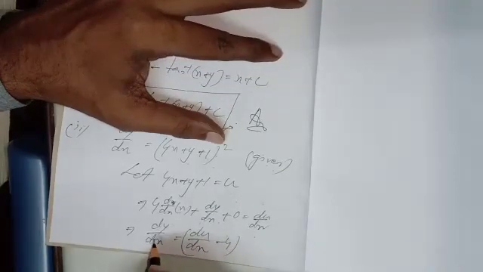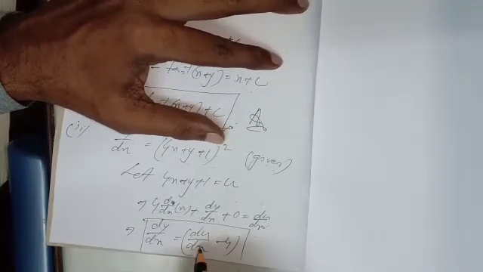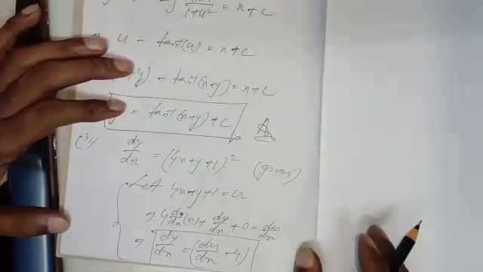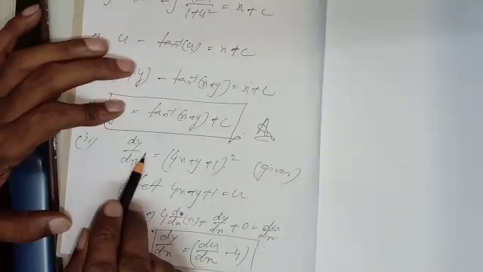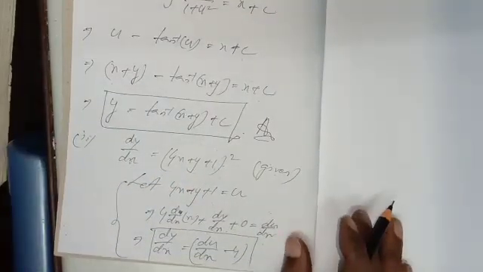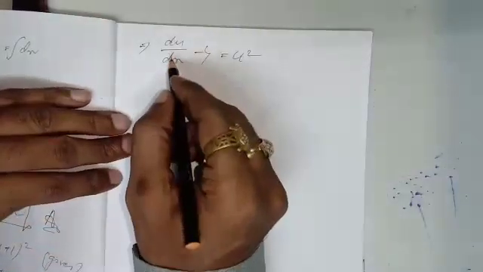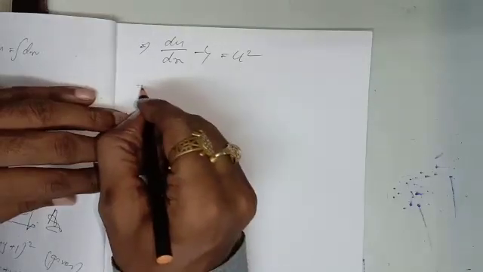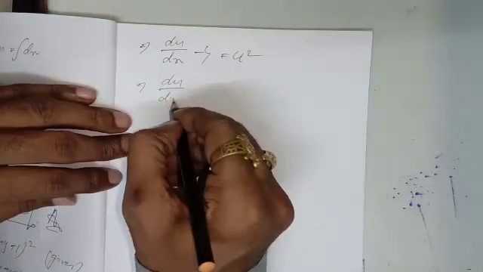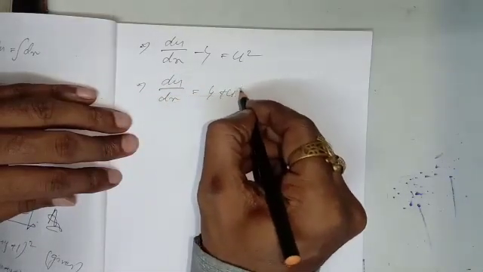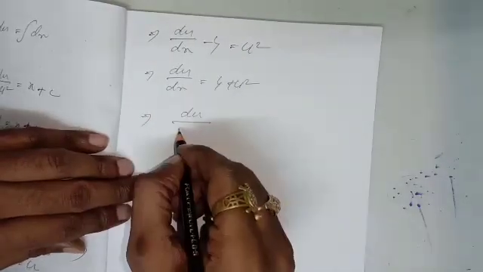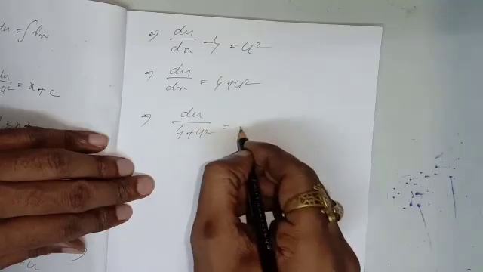So, what is the value of dy by dx? That is du by dx minus 4. And you have to substitute this value of dy by dx here. Then what you will get? du by dx minus 4 equal to u square. Now the question becomes du by dx minus 4 equal to u square. This minus 4 you take that side, this will be 4 plus u square. After that you have to separate the variables: du by (4 plus u square) is equal to dx.